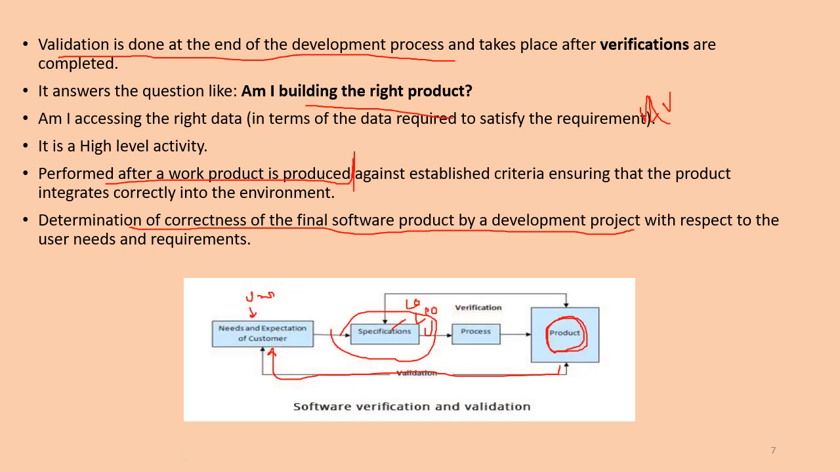You can also check here what the difference between verification and validation is with the help of this diagram. These are the needs and the expectations of the customer. Suppose the user is here and the user will say, yes, I want this. The user will tell you, I need this, these are my expectations. Then according to the user requirements, according to the information collected by the user or the customer,